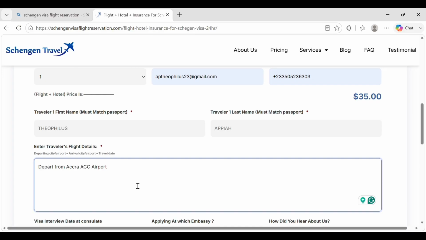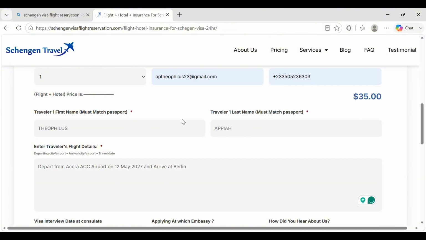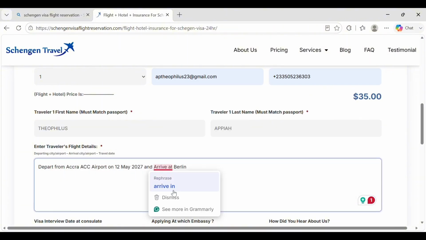So depart from Accra ACC Airport on 21st May 2027, and arrive at Berlin Airport on the 13th